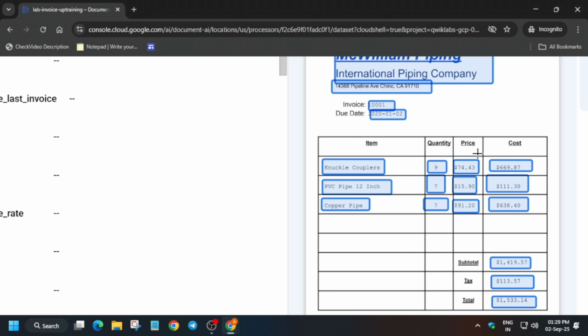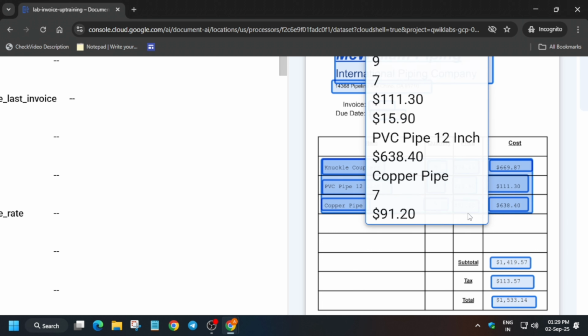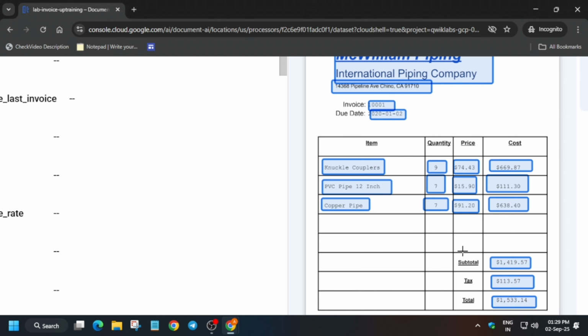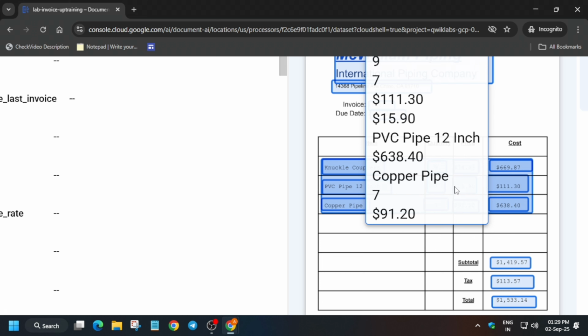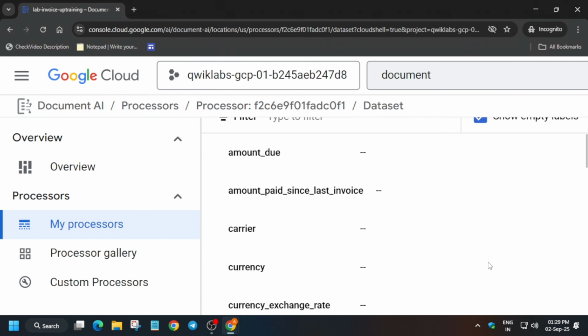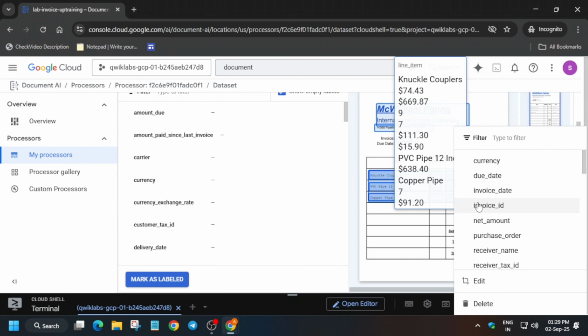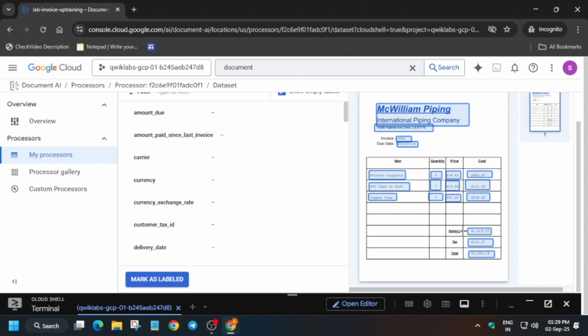Just carefully select it. I know this annoying thing is coming over here. So wait for some time and just retry to select the dollar part only. I'm trying my best to select it. Just carefully select the dollar part. Wait a second. Let me see. Okay. From here, just carefully